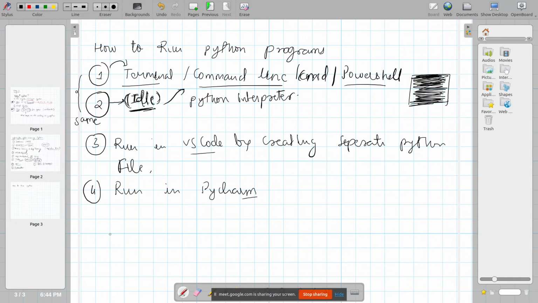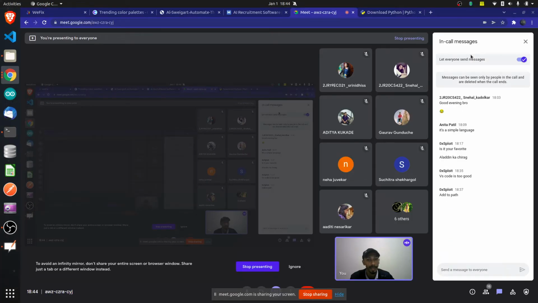You can do it in Notepad also. You can do it anywhere else. You can do it in any editor like Notepad. You may be having PyCharm. You might be having VS Code. But we are going to follow along for this course with VS Code. You can do it with Notepad also, that's completely okay. I'll assume that you must have already installed it.